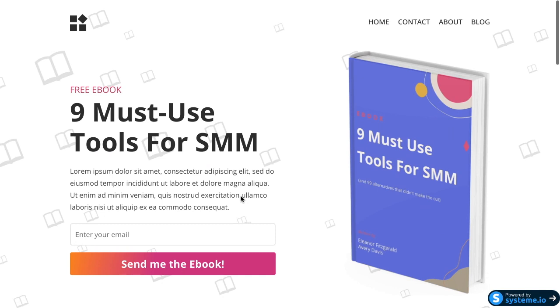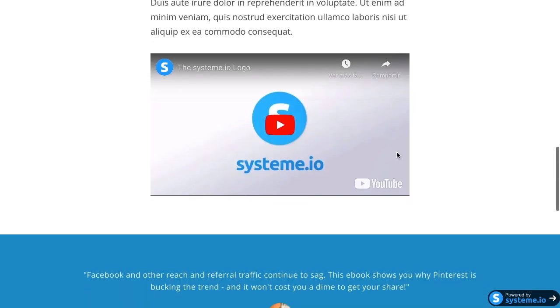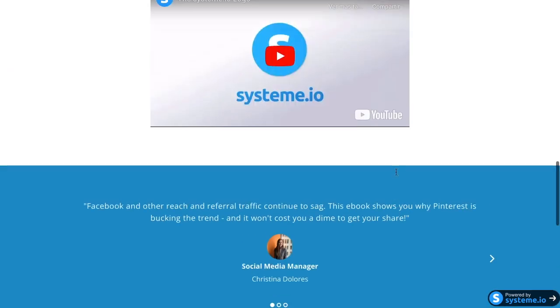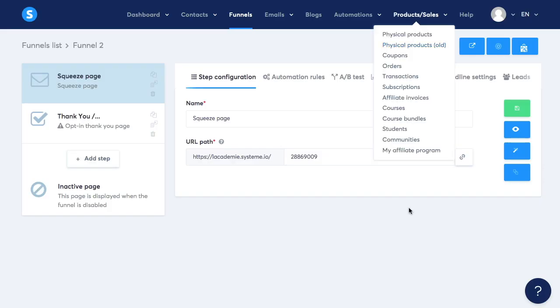So when you're customizing your pages, it's a really good idea to have your brand colors, your brand fonts, your images handy, because that way you can customize it and modify things easily. As I mentioned before, the most important thing for a squeeze page is the form. So you really need to make sure that your form is working correctly so that you can collect all the information from your leads and from everyone who visits the page and wants to provide you with their email addresses